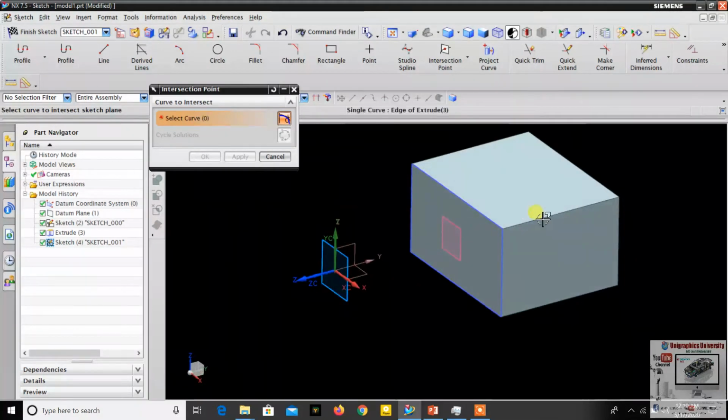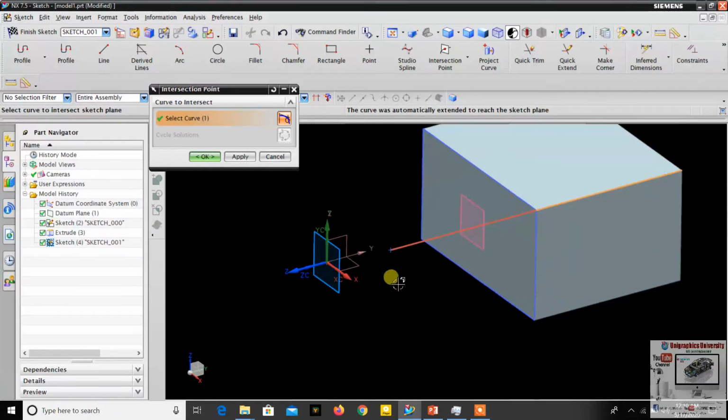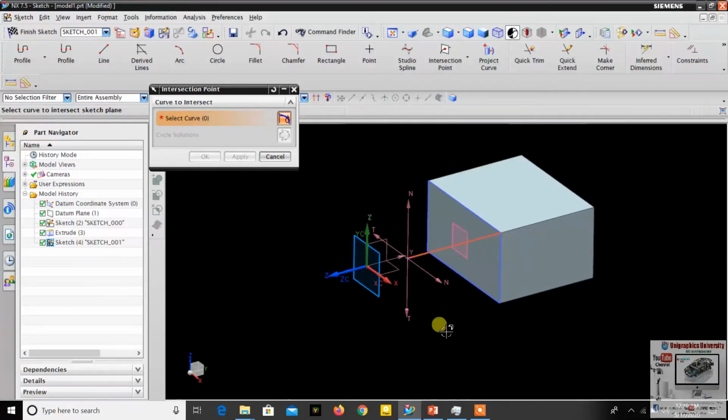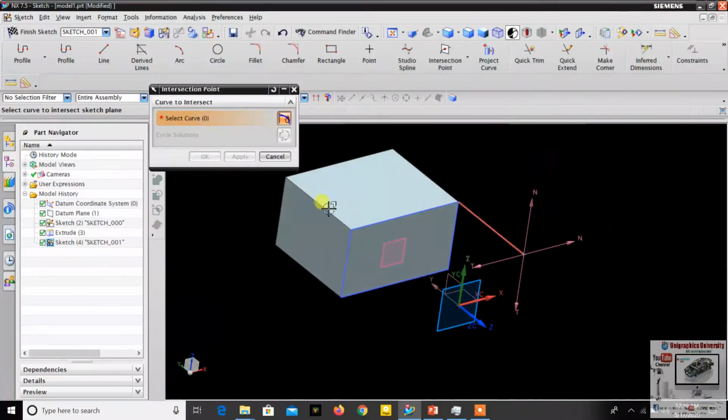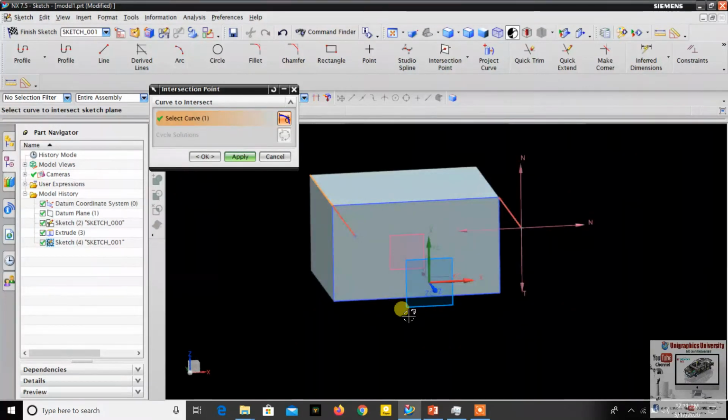For example, I simply select this line, so I can create an intersection point on this new sketch plane. I just click OK. The new point will be created. If I want this edge point on this plane, I simply select this edge, so the point will be created on my new sketch plane.